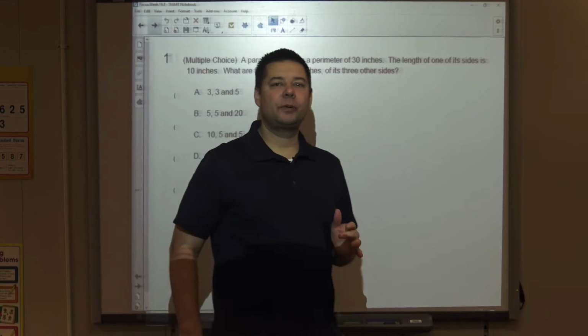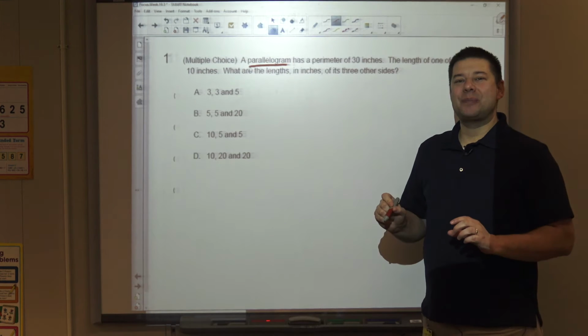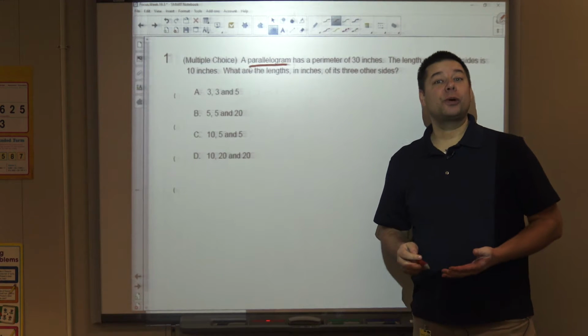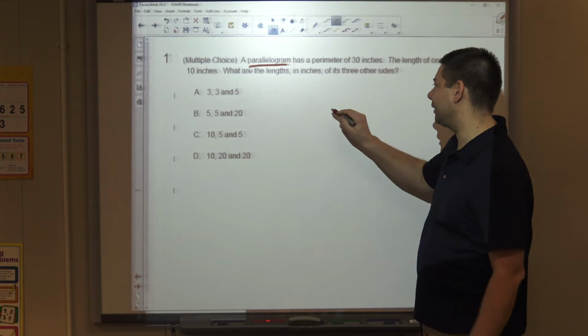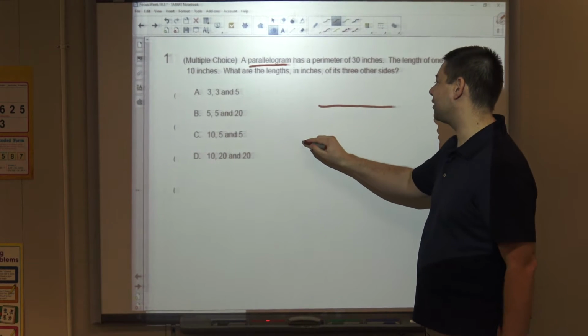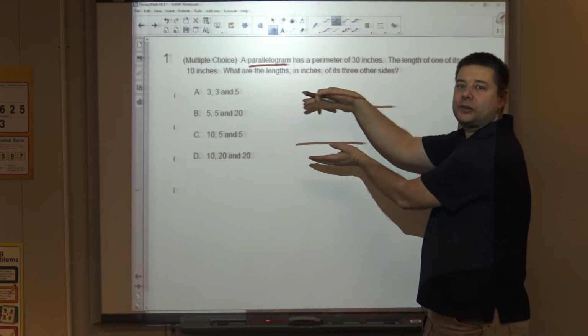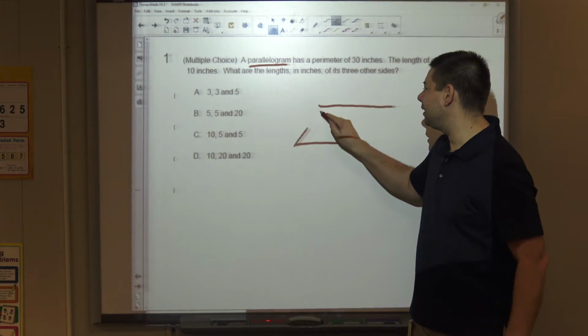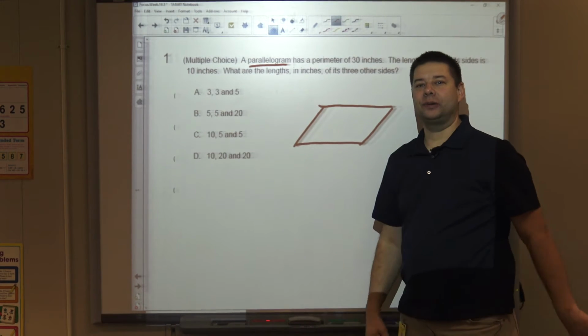So in order to answer this question, we really want to understand first, what is a parallelogram? A parallelogram is a shape that has 4 sides, and 2 sets of parallel sides. Parallel lines, remember, are lines that go on and on forever and never touch. So these 2 lines, assuming I drew them straight, will never touch. And then these 2 lines will go on and on and on, and assuming I drew them straight, will never